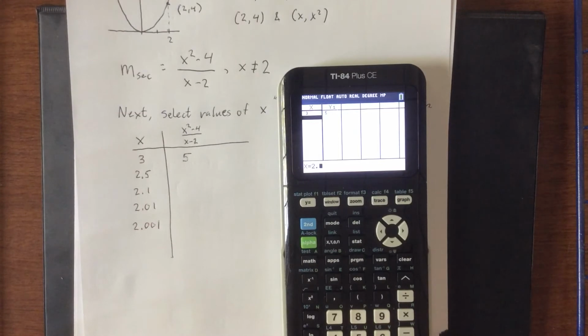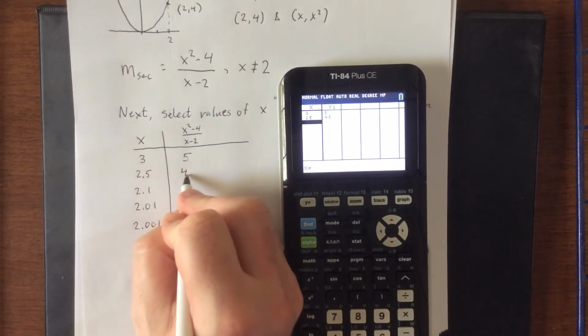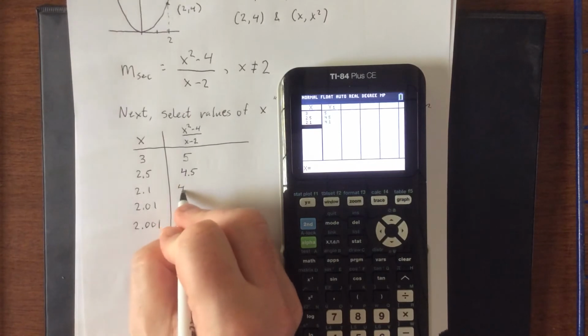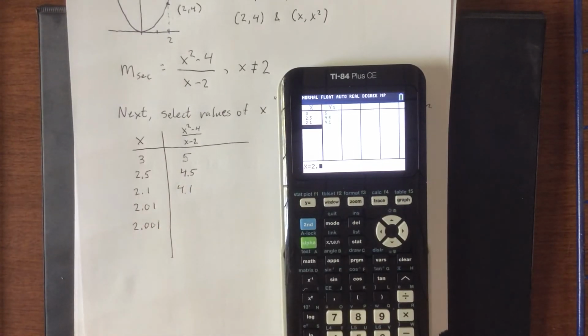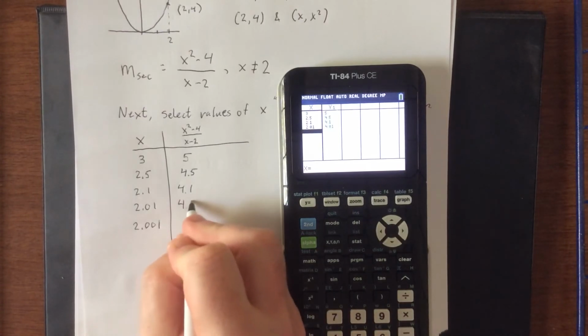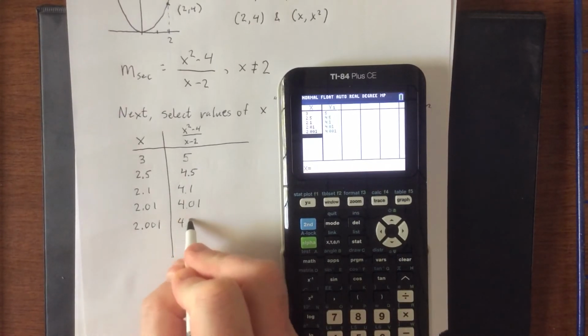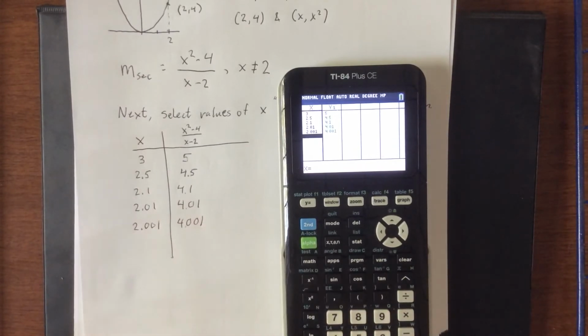Then, at the next line, we'll do 2.5. We get corresponding slope 4.5. For 2.1, we get 4.1. For 2.01, we get 4.01. And for 2.001, we get 4.001. A lot of what makes an effective mathematician, or student of mathematics for that matter, is the